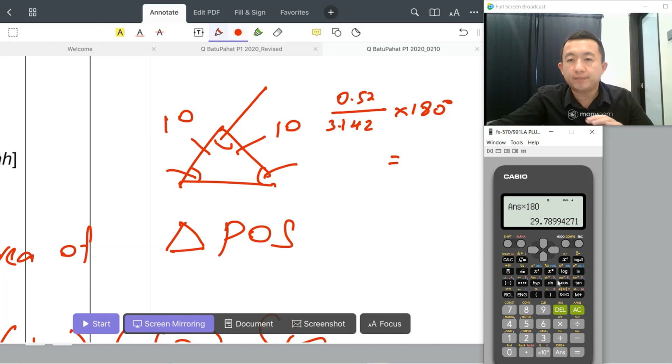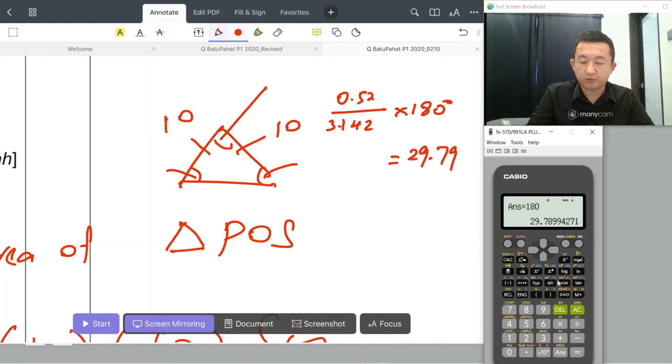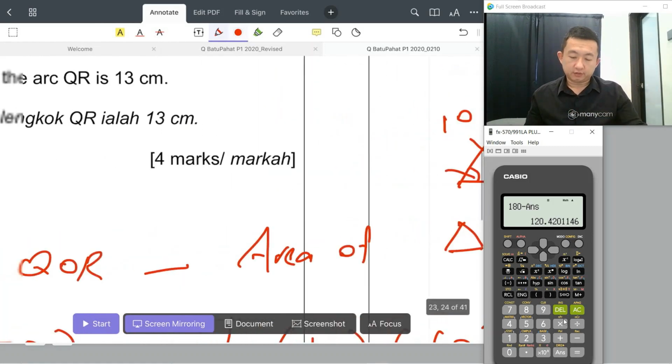let's figure out what is the degree. It is 29.79. So this is 29.79. Okay, now we need to find this one times 180 minus the answer, 120.42. Okay,